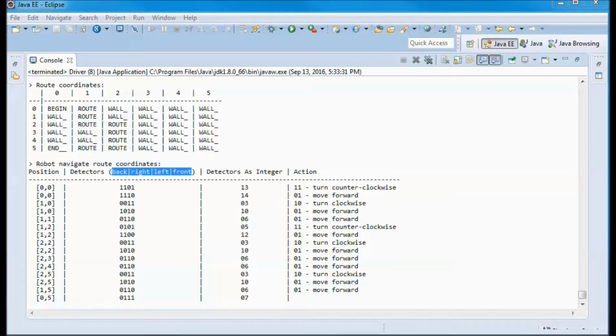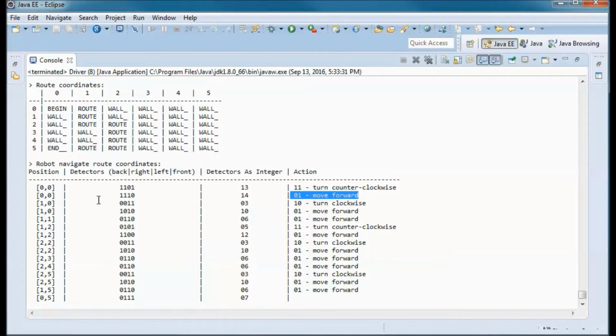And the robot can perform one of 4 actions. It can do nothing, and we represent that as 0 0, and it can move forward, and we represent that as 0 1.